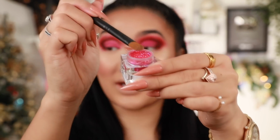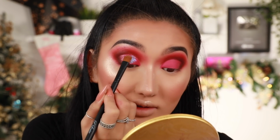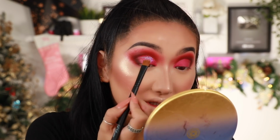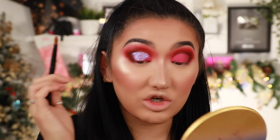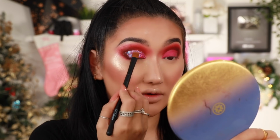Okay, then I'm going to pick up the glitter. Okay, and I'm going to pack this right on top. Oh, that goes on perfectly on top of the eyeshadow base. Wow, that is very pretty. And because we put that glitter base exactly where the cut crease is, hopefully the crease should stay really nice and crisp. It looks quite silvery on camera, but in real life it's like a purpley kind of pinkish tone